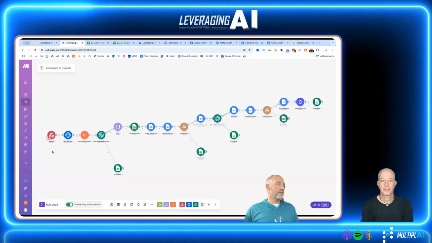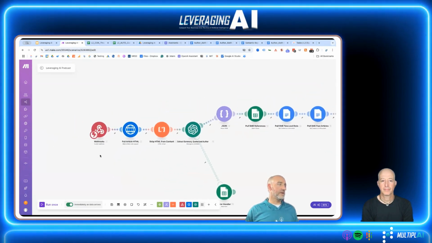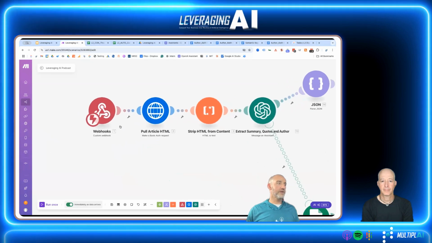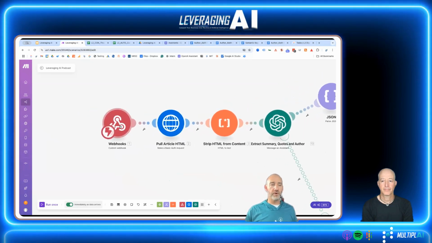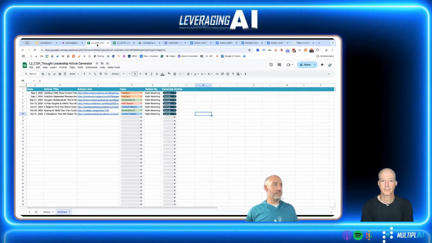So the first part of this, in this scenario, the trigger is called a webhook. A webhook is essentially a web page in Make where, as soon as information is sent, it runs and triggers the automation. What we have set up here is, let me get rid of this real quick. And again, I'll explain in more generalized terms what a webhook is.